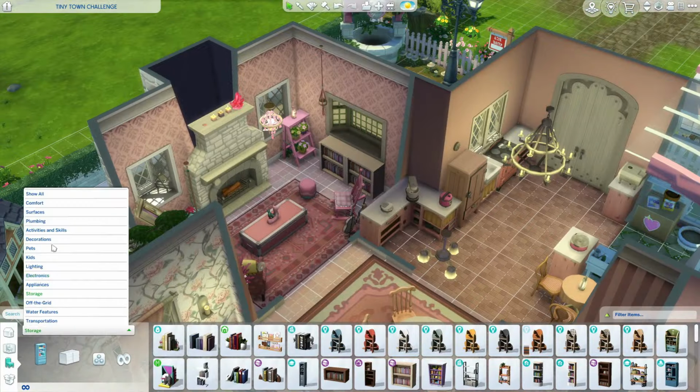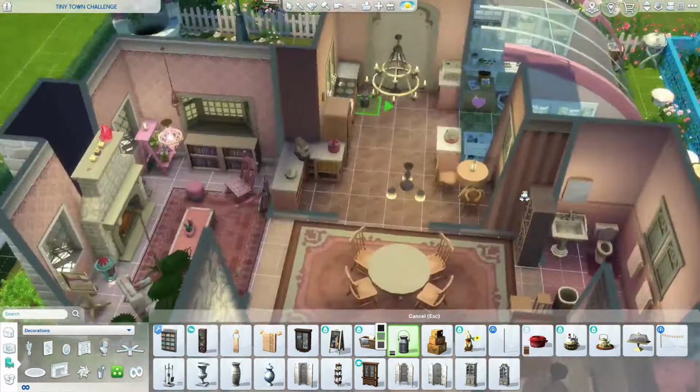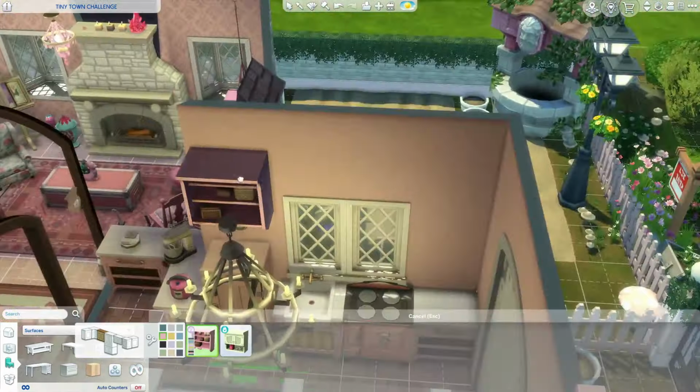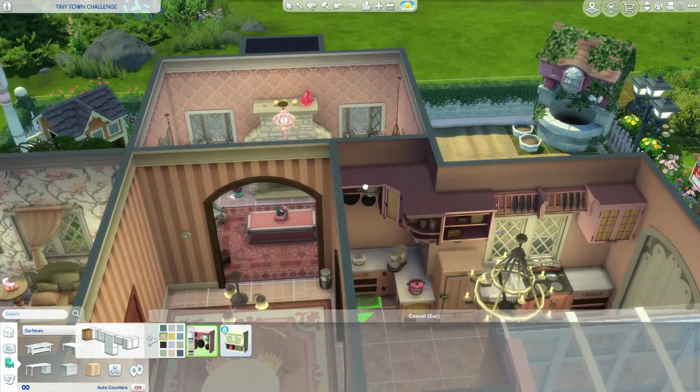was having a hard time. They weren't snapping together the way I wanted them to go, but ended up okay. And I have some fireplace tools as well, a little milk can. And then in the kitchen, I thought the walls looked a little bare, so I put some upper cabinets in